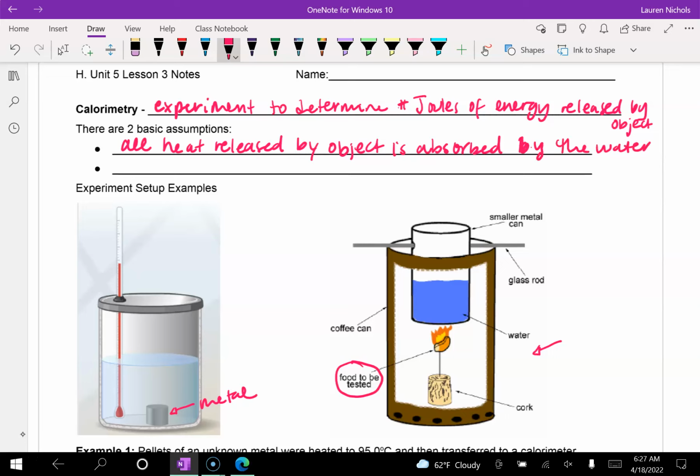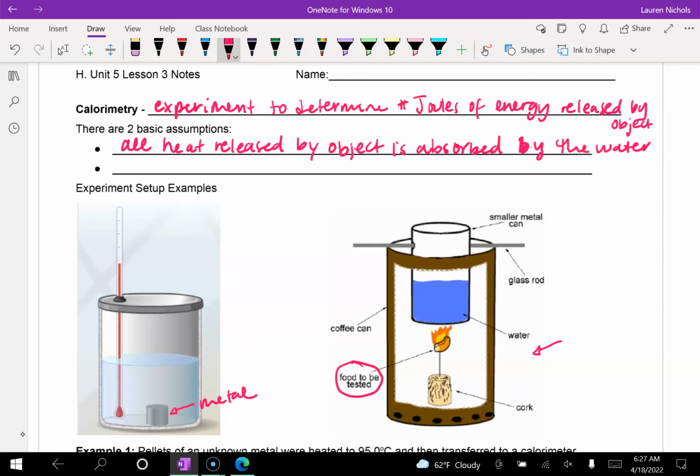So for example, when we're burning this Cheeto, we assume that all of this heat goes only into the water and not into the air or the can or things like that. Even though we know it does, we make the assumption that it's not going to